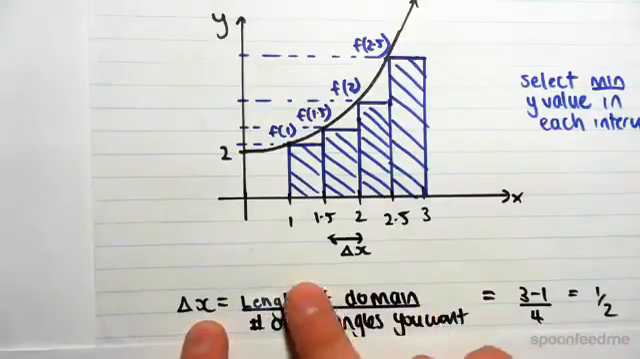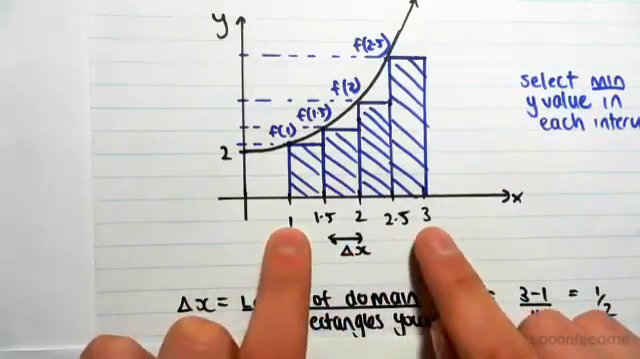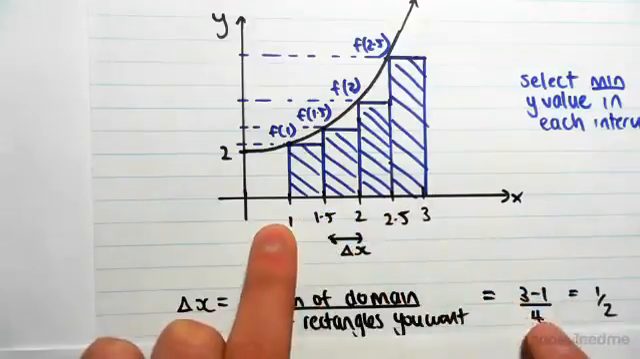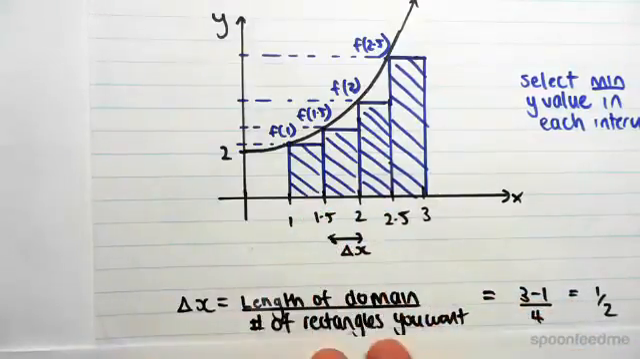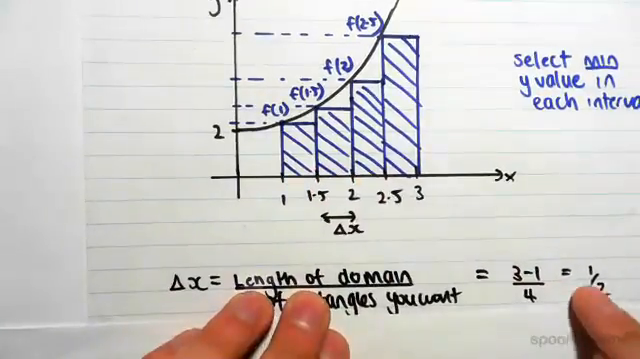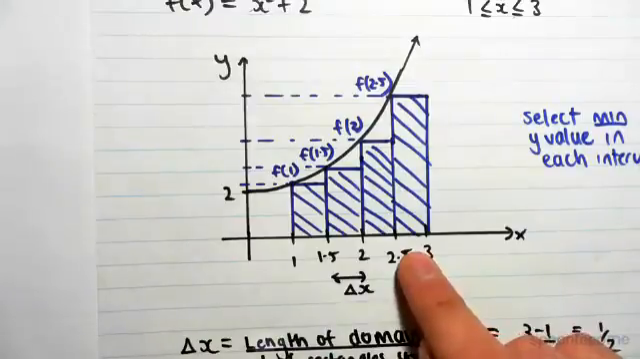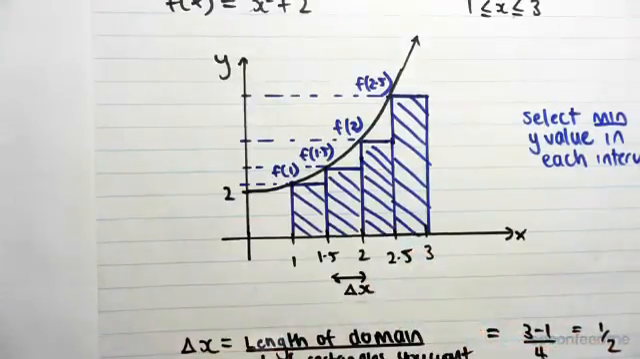So the length of each segment will be the length of the domain, which is 3 minus 1, so the length is 2, over the number of rectangles we want. We've selected 1, 2, 3, 4 rectangles, which gives us that change in x is a half. Okay, it's pretty obvious because I've already drawn it. But in other problems,